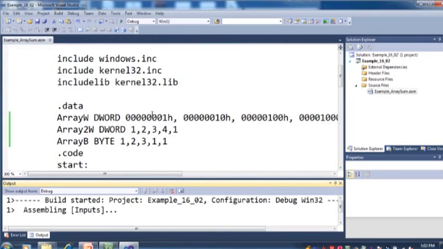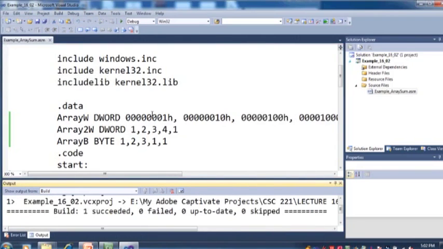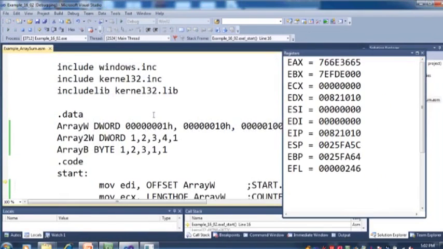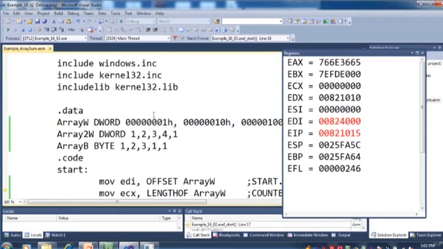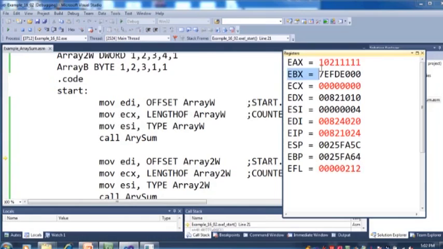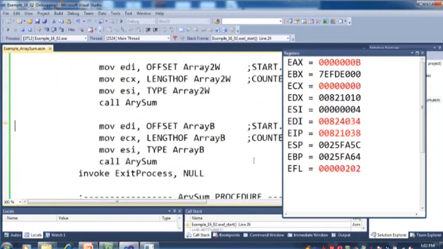and run for the last time, to show you that this is the array sum procedure, a more general procedure that can handle any array. So this is array sum for the first array, sum for the next array, sum for the